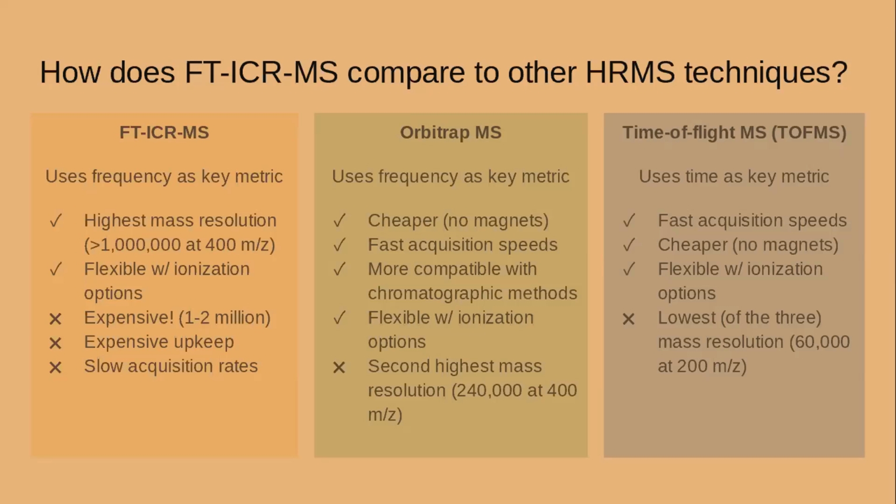And this also attributes to slower acquisition rates in comparison to the other instruments, which makes it a little bit harder to couple with things like liquid chromatography and GC. I will say that I read some papers where they still used LC with the FTICR, but it just took longer to run their experiments in comparison to studies where they coupled these chromatographic methods